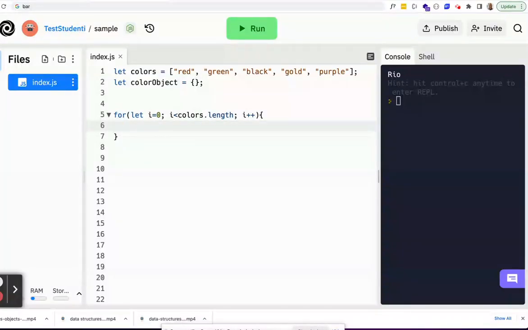So we're going to say color object in our brackets. Remember we said we could dynamically set the value if it was a variable? Well, the variable at each color, every time we loop over here,